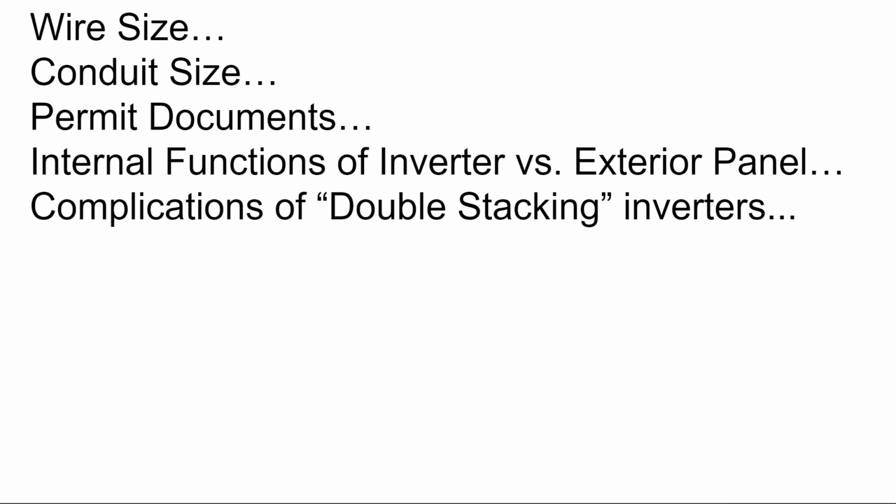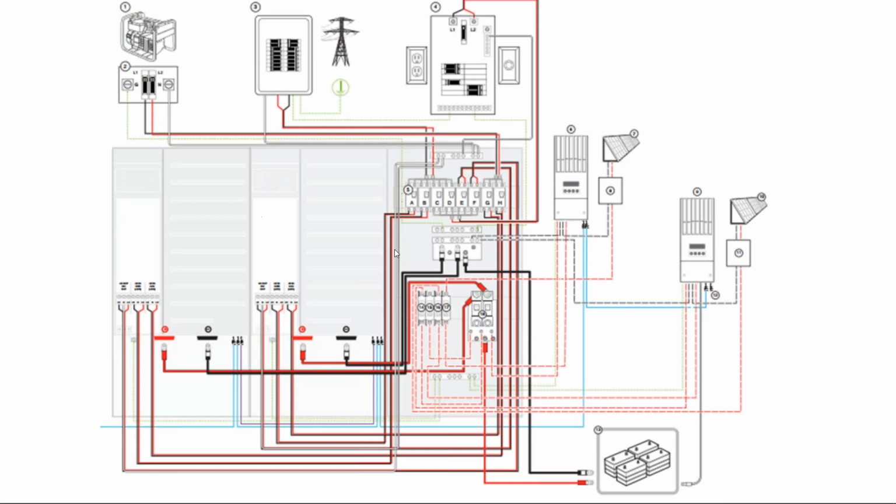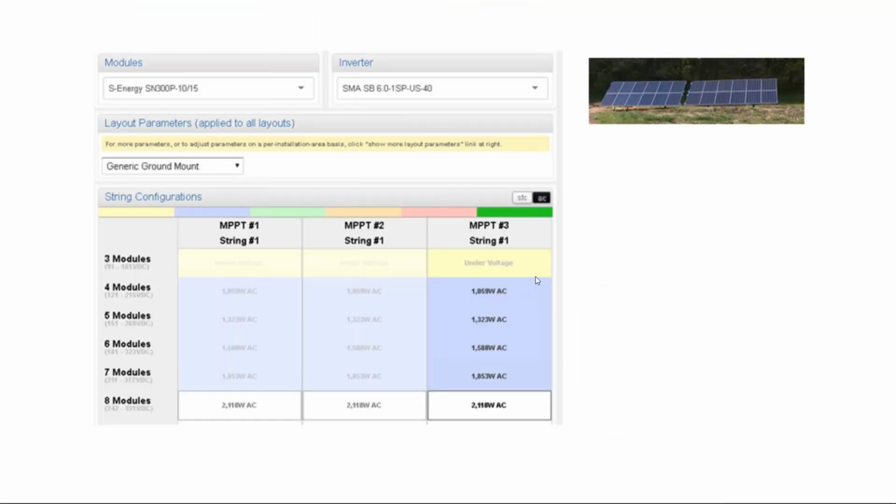So how do you go about designing the wiring diagram for these things that you'll probably have to submit to the permit office? Well, most of your battery inverter manuals will have wire diagrams for their system. These are more wiring diagrams that show you where all the connections go, rather than a more simplified one-line diagram.